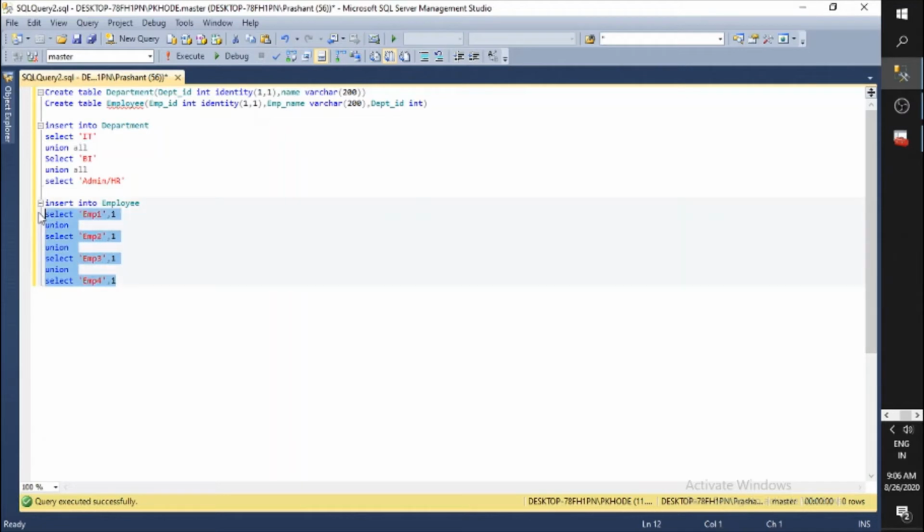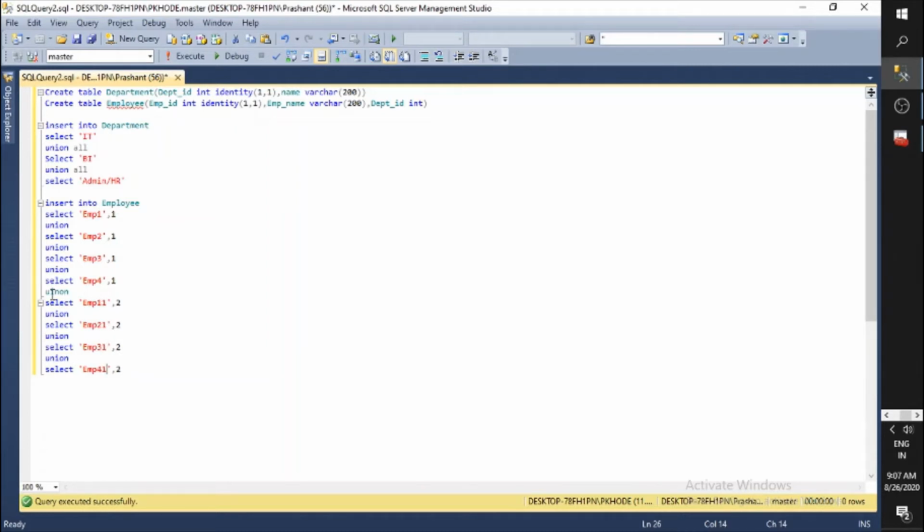Great. Now we are adding a few rows for another department using union. These belong to the second department. Change the names of the employees, just append a 2 to the name.